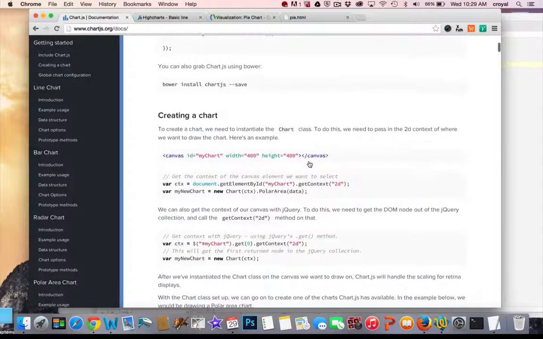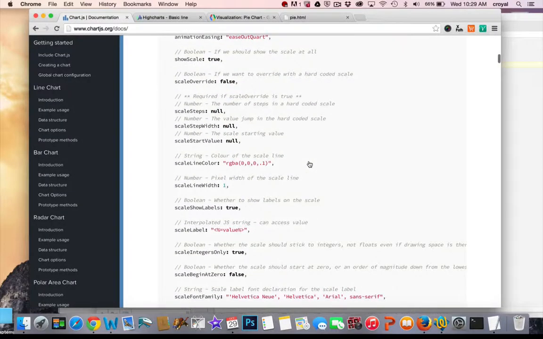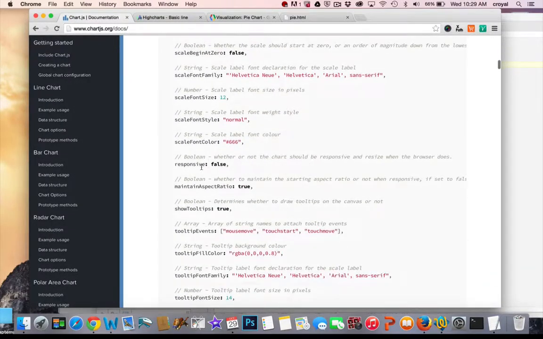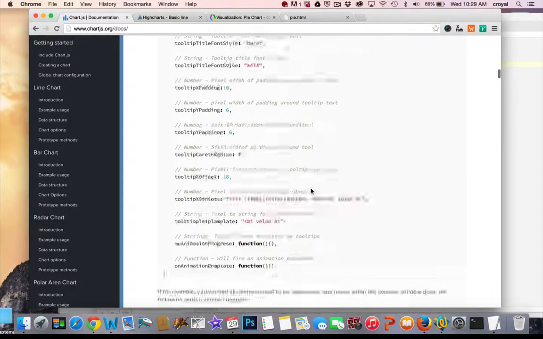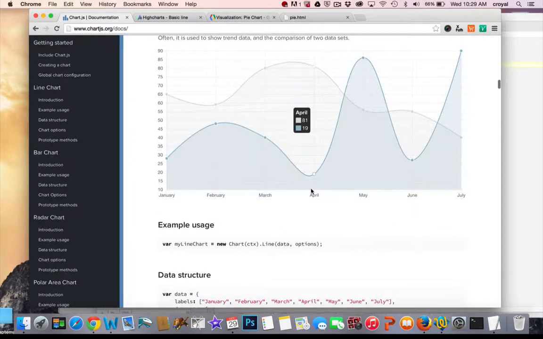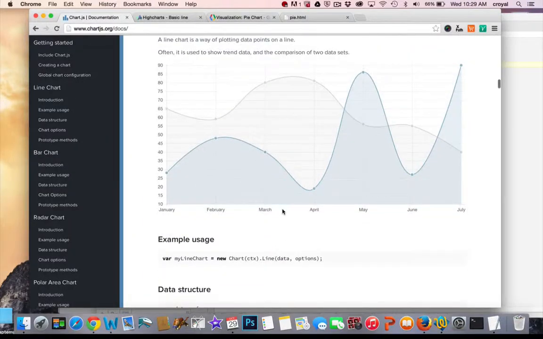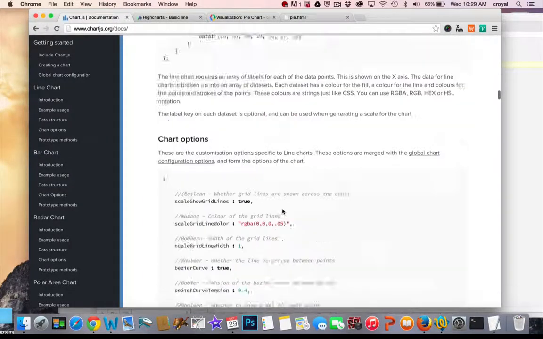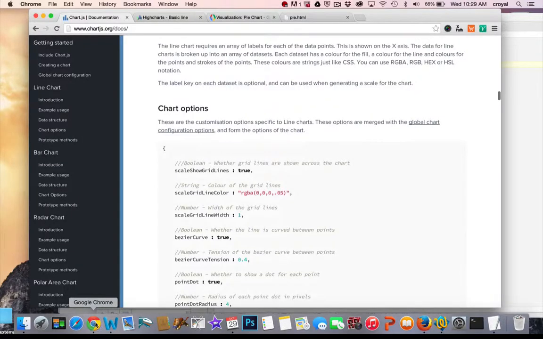And all these different options, the defaults are here, and you can change these things, like the default is responsive false, and that's why it was changed to responsive true in my example. And so you can go through here and pull the different types of charts that you would like to work with. So just to show you what that chart looks like,